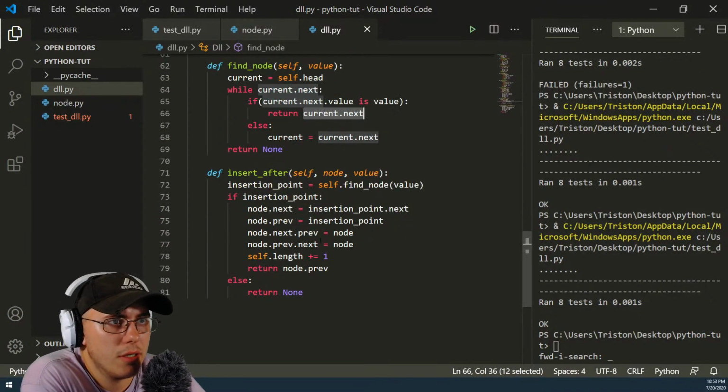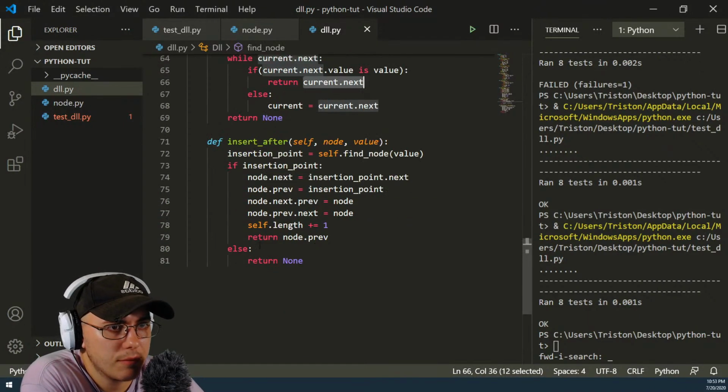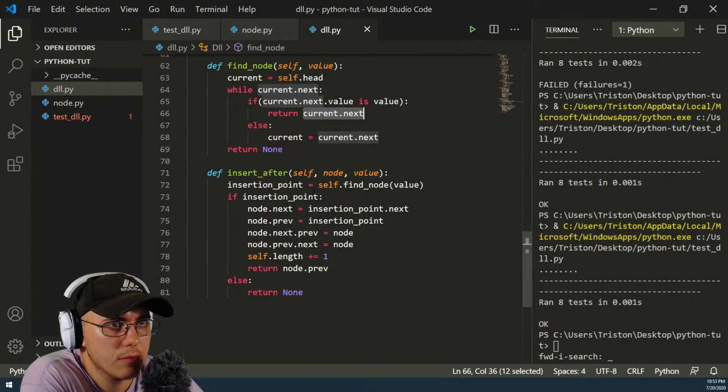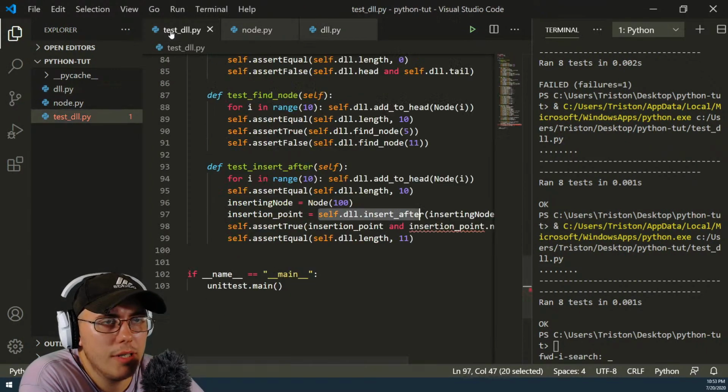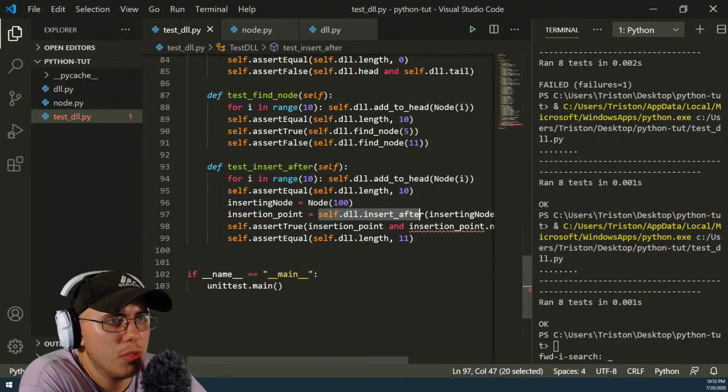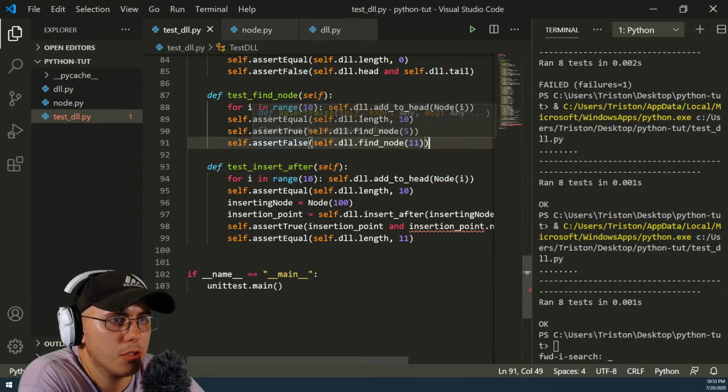Let's see. Wait, this find node, what did I do here? Assert true, find node 5, assert false, find node 11. Okay, so I was just making sure that